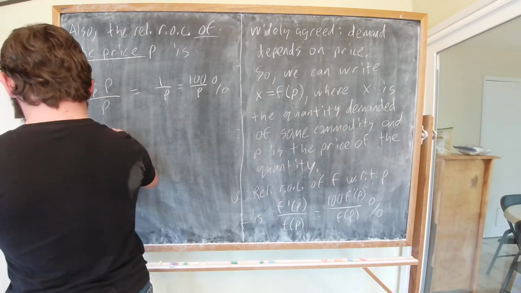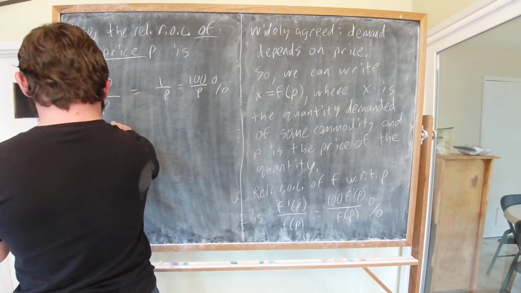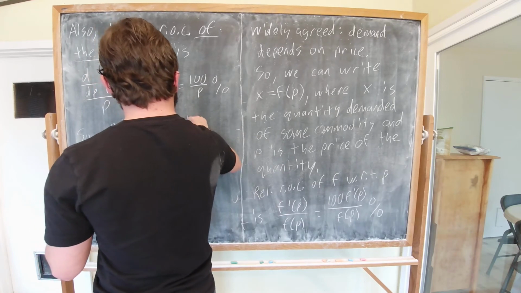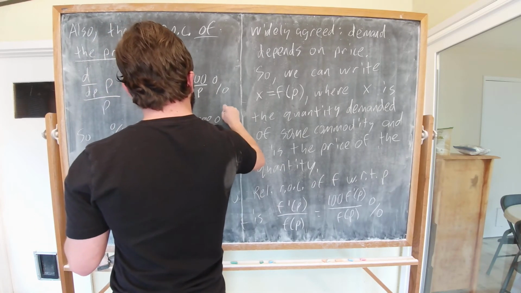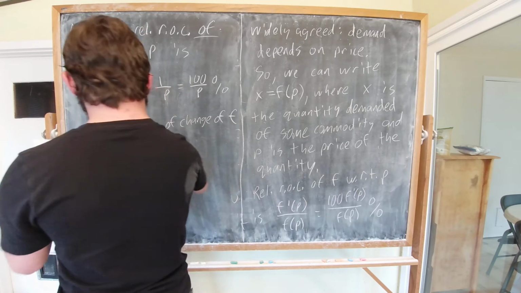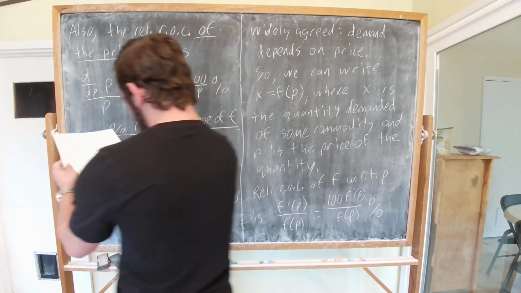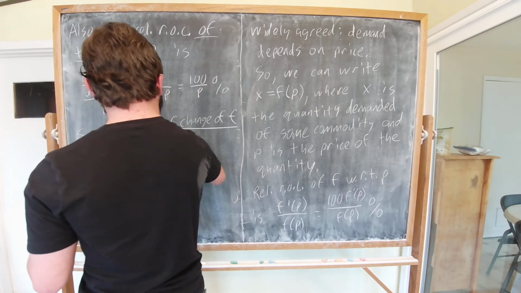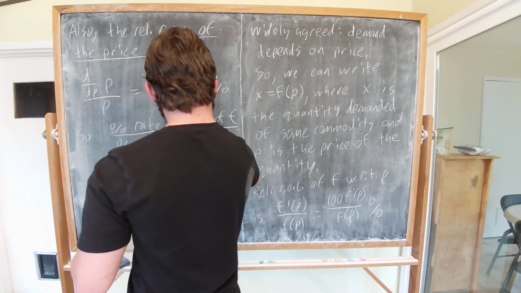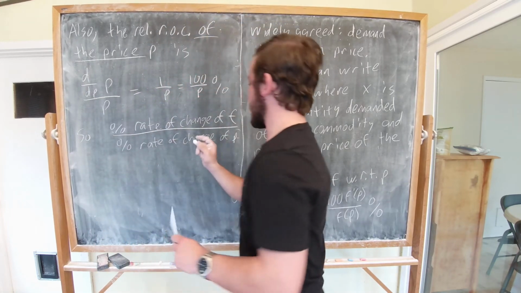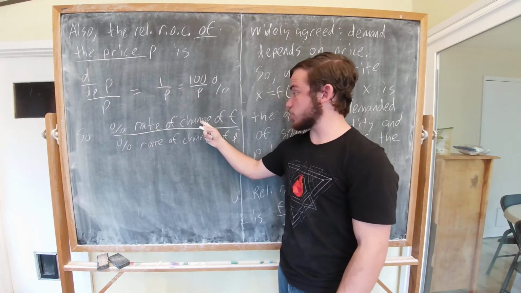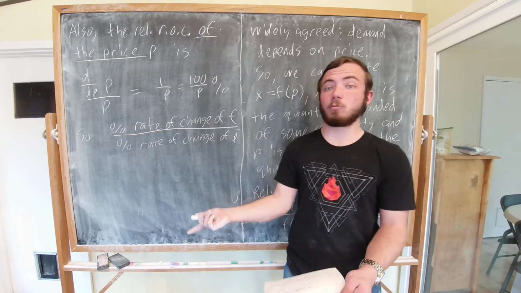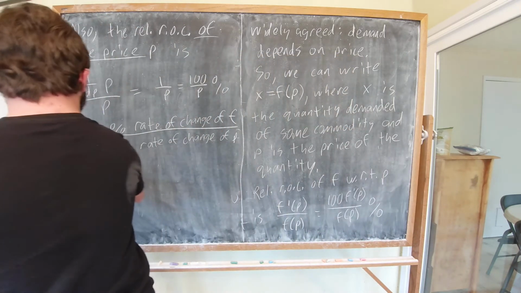So, the ratio of the percent rate of change of F divided by the percent rate of change of P, aka how demand is changing, percent change in demand divided by percent change in price, aka that elasticity that we wanted to measure, is equal to